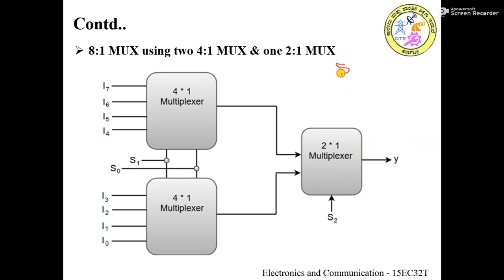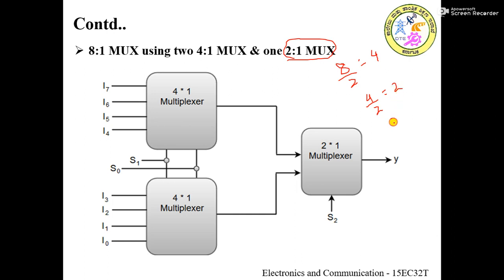So what we have is, let's say we have to use only 2:1 muxes. Then the number of inputs in the 8:1 mux is 8. It should be divided by 2. We got a value 4. Then this division has to be continued till we get a quotient value 1. Again 4 has to be divided by 2 only, because we have only 2:1 muxes available with us. Again 4 divided by 2, we got a value 2 here.